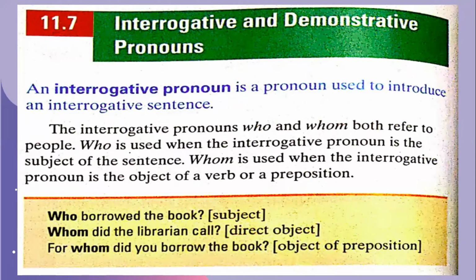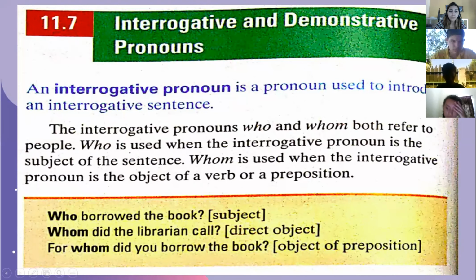So the interrogative pronouns who and whom both refer to people or to persons, okay? So I'm gonna highlight it for you so you can see what I'm talking about. We have who and we have whom, all right? We know that who is when we ask something. Who's your teacher, all right? But when we use the word whom, we're talking about someone that belongs to something.